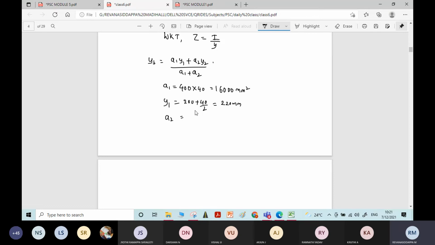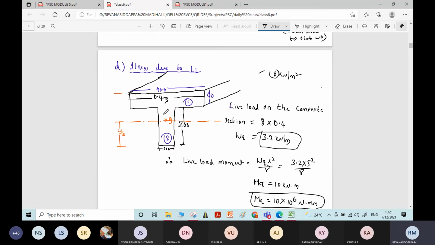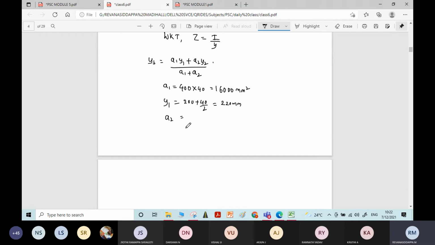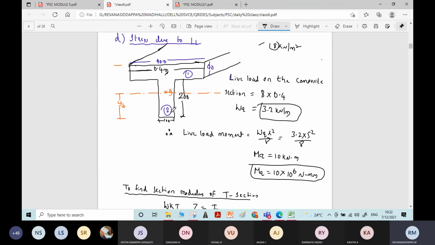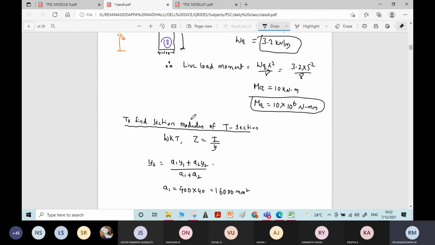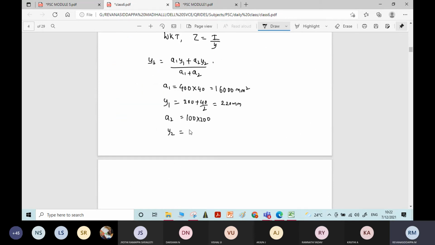Then A2, area of web, 100 into 200. Y2 is equal to distance of centroid of this web from the bottom fiber. Total length is 200, 200 divided by 2, 100 mm. This is again 20,000 mm square. By this we'll get distance of center from bottom fiber YB is equal to